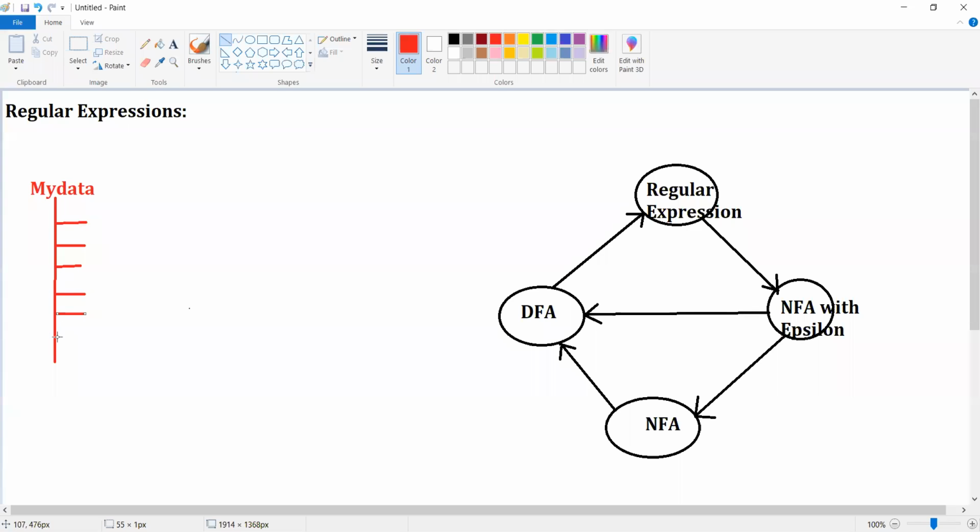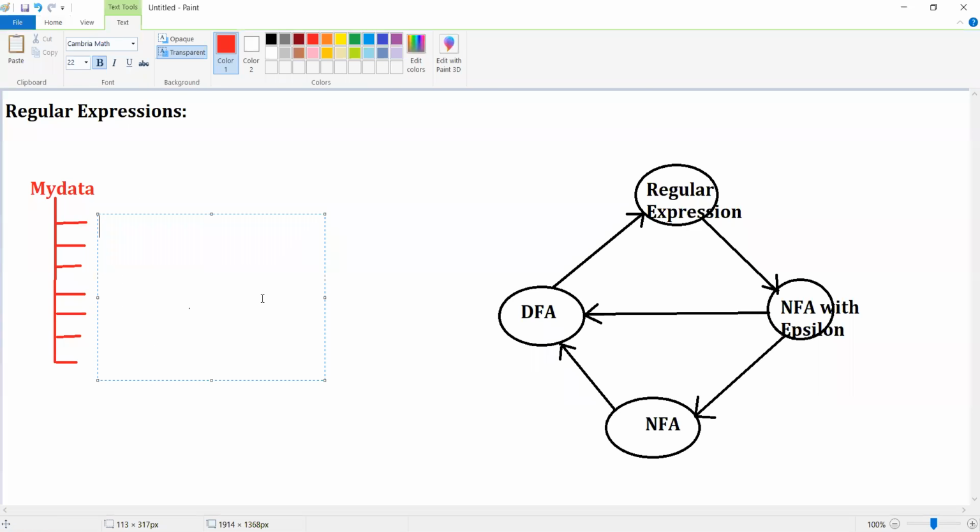In this folder I have plenty of files like this. Okay, so what are the files? Let me write the files. The names of files are: the first one is a.txt, the second one is b.txt, the third one is c.txt, then the fourth one is 1.pdf, the next one is 3.pdf. In the same manner, the next one is 6.pdf, then 8.doc.